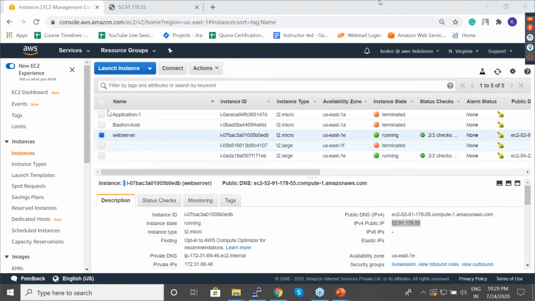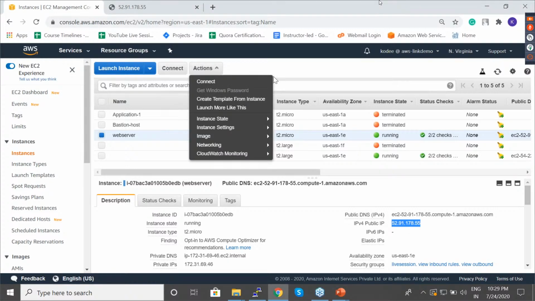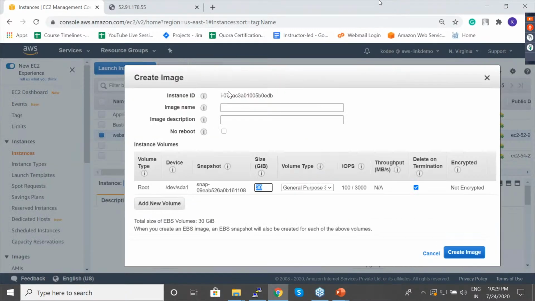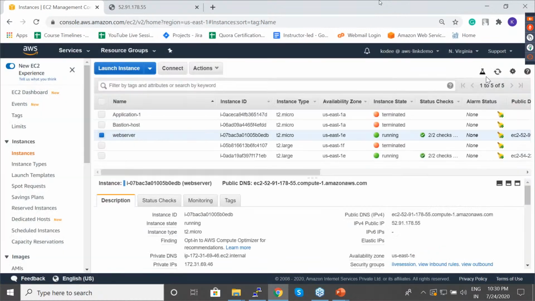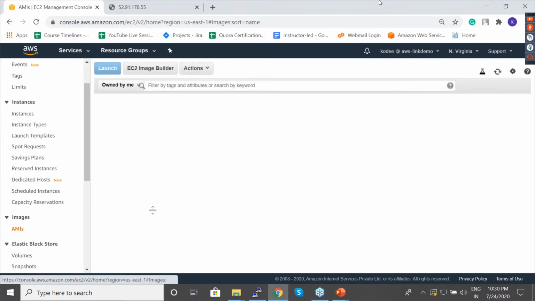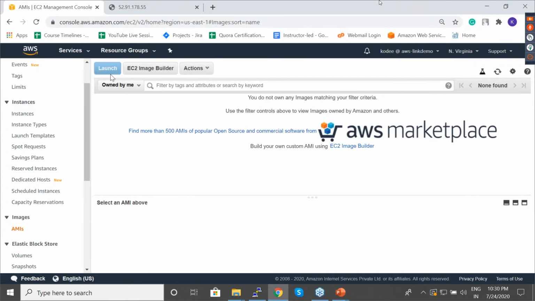Can we create a replica of an existing instance? Yes, we can do that, but I'll just explain it and not show you how, because we're coming to the end of this session. To do that, you can see there is a create template from instance option, and there is an option called image. You can select your server, click on create image, provide a name and create an image. This will create an AMI of this particular instance, and you can check that AMI in this particular location. Now you can select that AMI and launch.